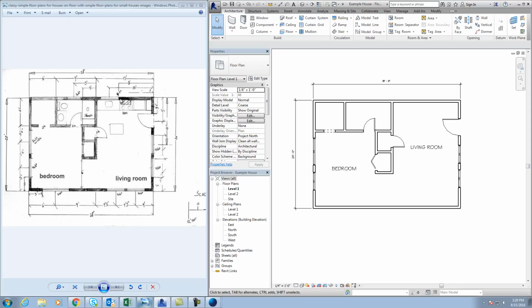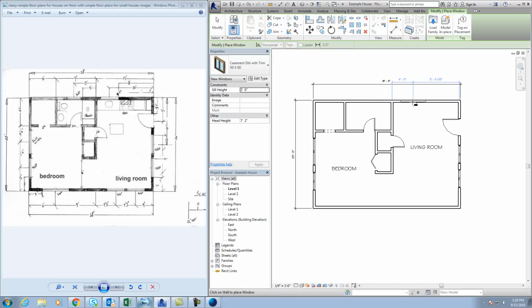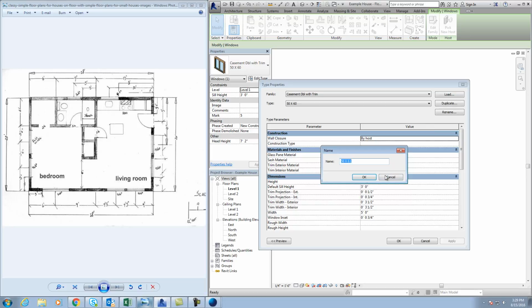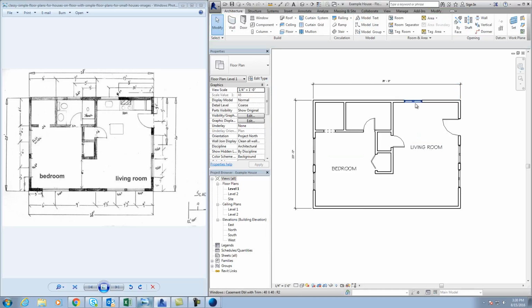Now, up here at the top, we got a 40 by 40 window. So I want to go in there and put a window. It doesn't matter what size it is, I'm just going to put it in there. Click on it, edit, duplicate, and this one's going to be a 40 by 40. Come down here, change it, height is 40 inches, width is 40 inches. And then that's what this one turned out to be, and it's exactly